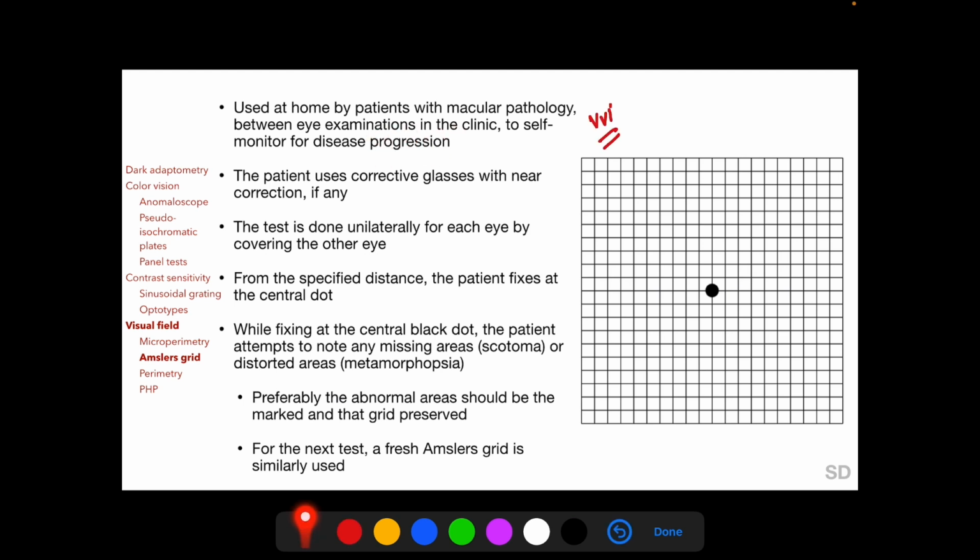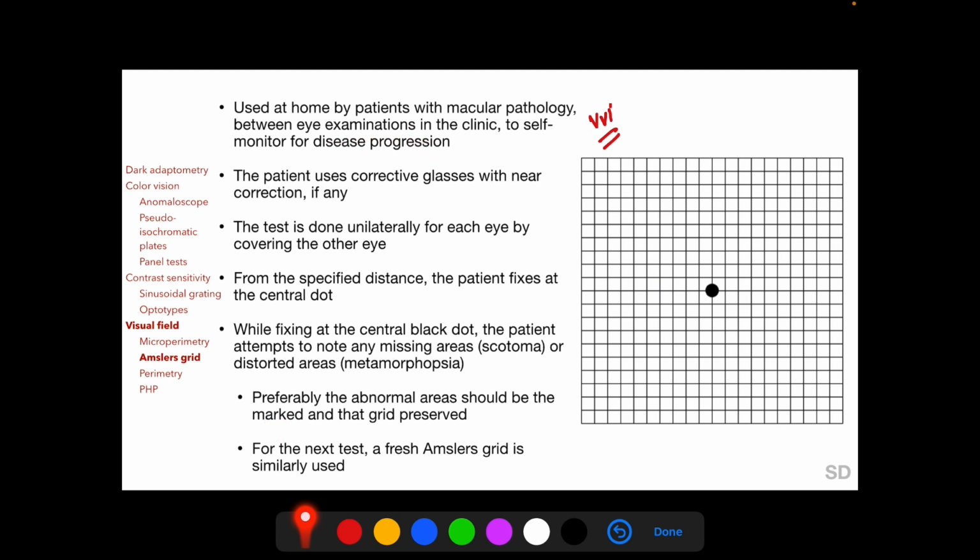The patient should use corrective glasses with near correction, and the test is done unilaterally for each eye by covering the other eye. From the specified distance of 14 inches, the patient maintains fixation at the central dot, and while maintaining fixation at the central black dot, the patient attempts to note any missing areas or distorted areas within the Amsler's grid, and the abnormal areas thus found should be marked and that grid preserved, and for the next session a fresh Amsler's grid is similarly used, and so comparison of areas marked in sequential grids enables early detection of